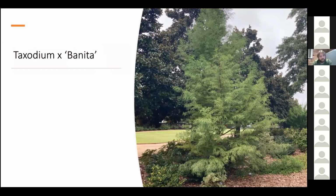So this is a hybrid Taxodium. And this is a result of the work of the gentleman I mentioned earlier, David Creech in Texas. This is a hybrid between Taxodium distichum, which is our native bald cypress, and the Taxodium mucronatum, the Mexican bald cypress. You might ask, well, what's the point, right? Why would you want to hybridize those two? As it turns out,